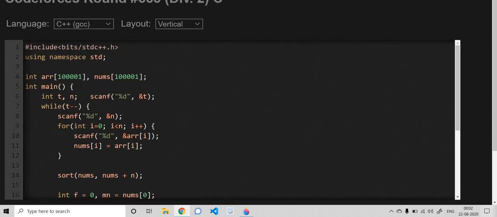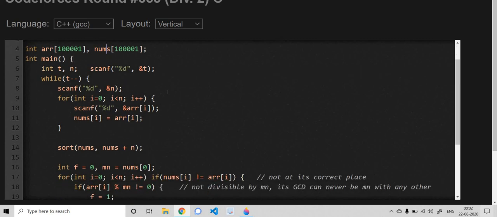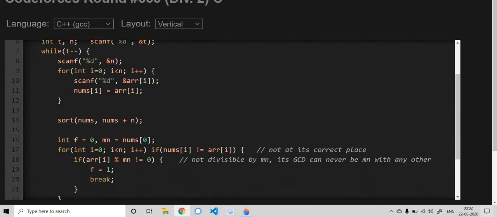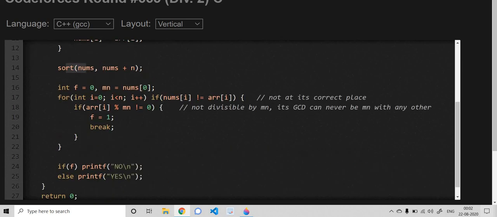My code is not space efficient as I'm using two arrays here. The first is where I've taken the input. The second one I have maintained in sorted order, that is nums. Now I am traversing the whole array, and initially I have maintained a flag which is initialized to 0, and the minimum is mn.